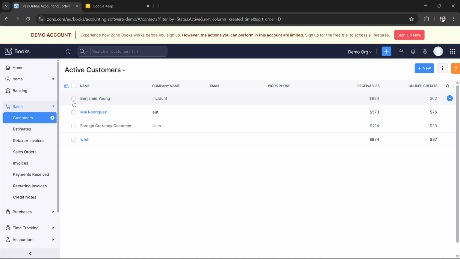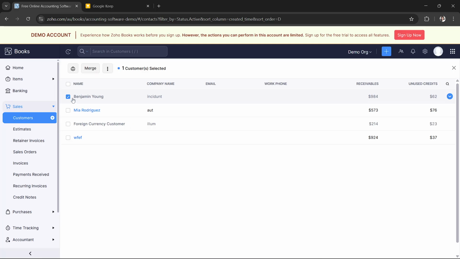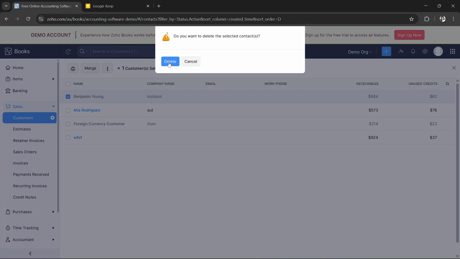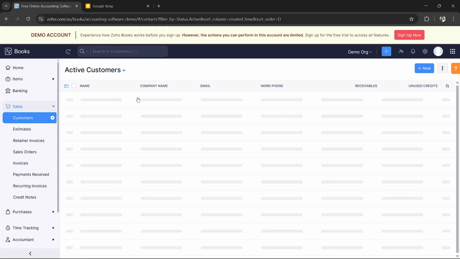So check this checkbox, and what you will have to do is click this three dots button right here, and then you will just have to click delete, and then of course to confirm the deletion you will just have to click delete again. And as you can see,